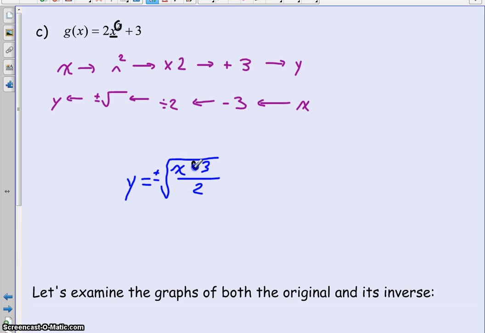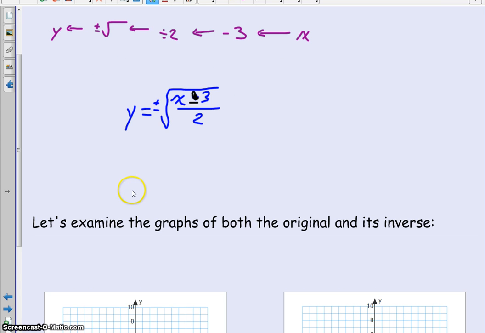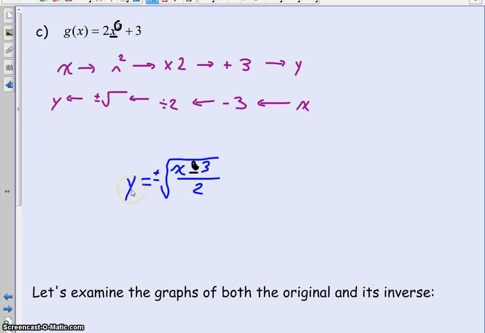Let me just fix my mistake down here. Subtract 3, and then divide by 2, and then take the square root. When you take the square root, remember to do your plus or minus on each side, and I'll show you why that's important, because let's take a look at the graphs of both the original and the inverse. So on Desmos here,